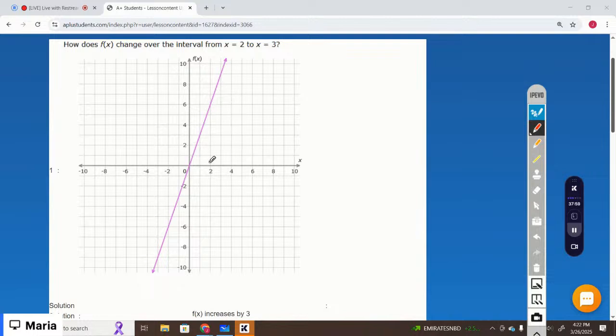Basically, you need to see the change from x equals 2. When x equals 2, y equals 6. And when x equals 3,